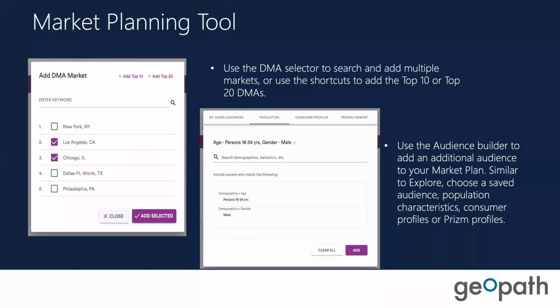So again, talking a little bit more about this, you're able to add a DMA, and you can see up here on the top right, you can still, like in O-Plan, do add top 10, add top 20, but also you just create the list and search and add the selected ones you want. And similarly here,